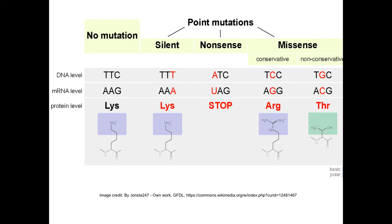But okay, we're talking about a gene that codes for a protein. So in this case, the example is the DNA is TTC, meaning the mRNA is AAG, and that codes for lysine. The lysine tRNA is going to attach to that, bring that into the ribosome, bring in a lysine. We're cool. One way that mutations can happen, and a way that, frankly, we just generally don't worry about, is